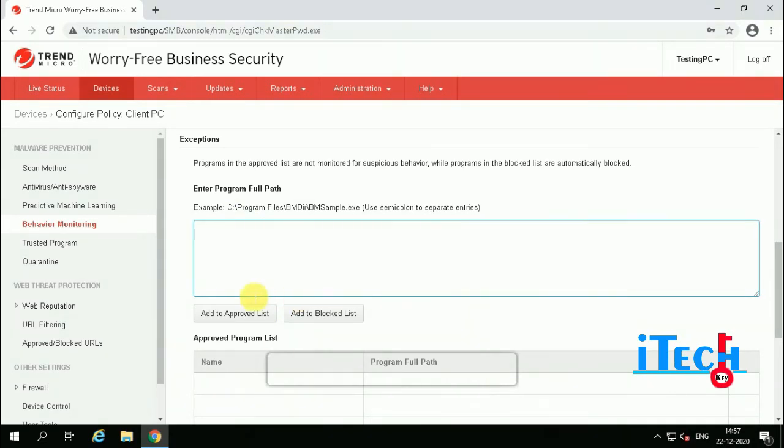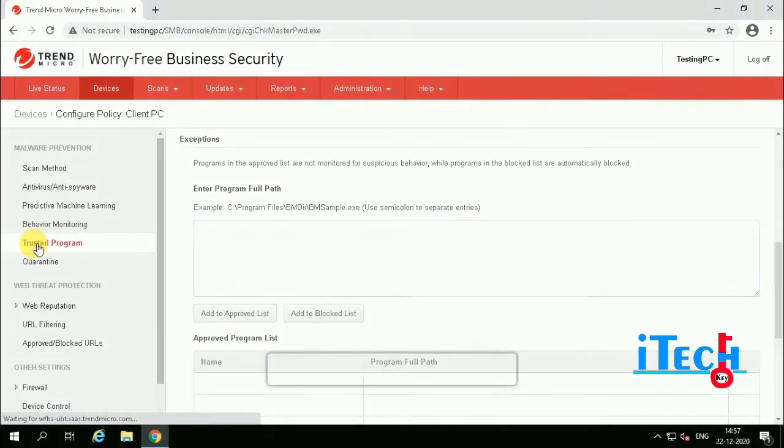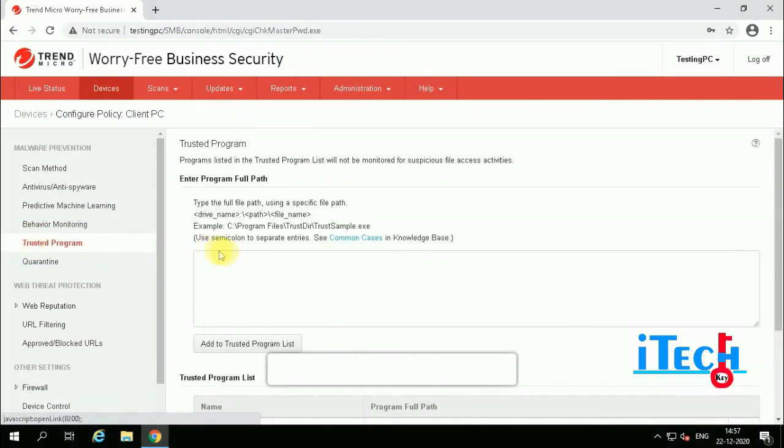Friends, now I am telling you about trusted programs. It means we can give the path for a trusted program. For example, we have MS Office, so there we can add the MS Office path.